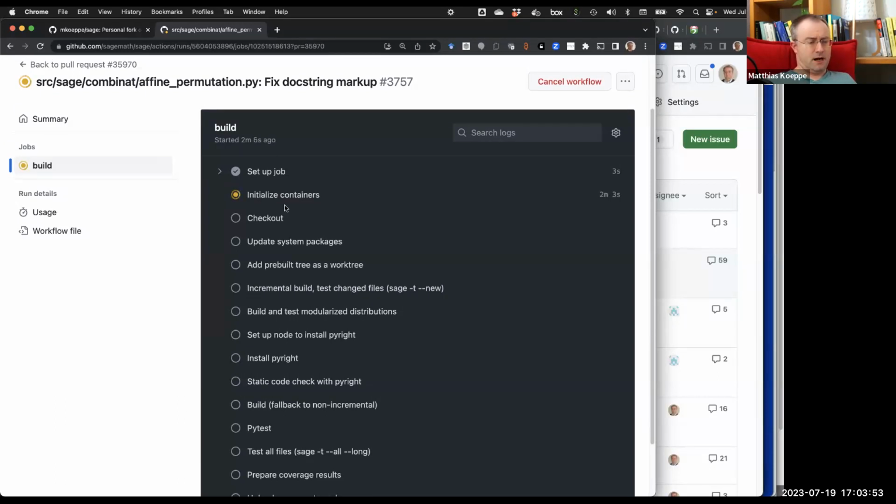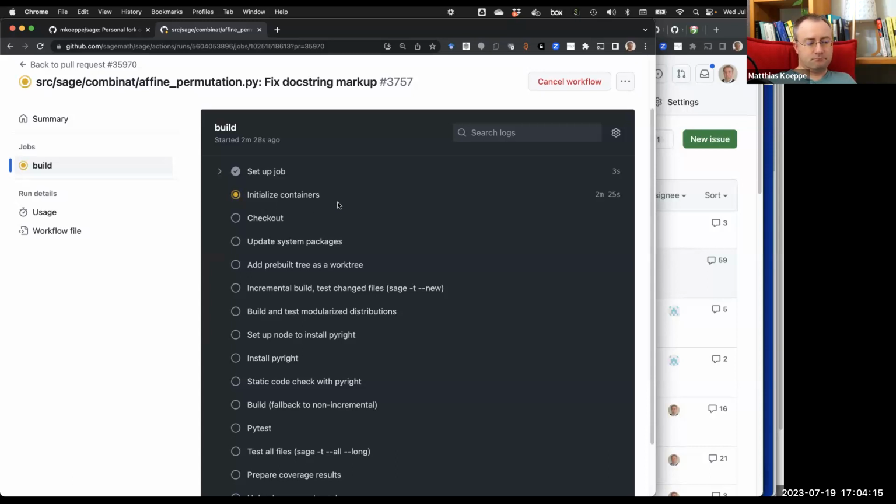It does this not as a build from scratch, but rather it takes pre-built containers or a Docker image of the latest development version, and then